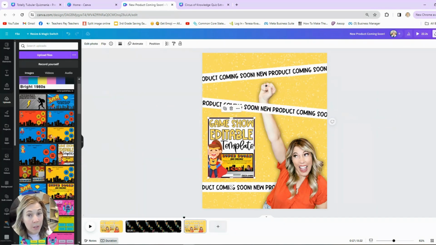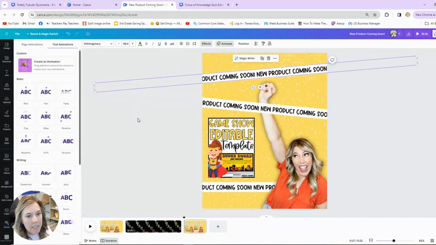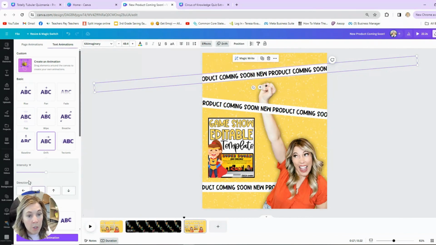Now, the last thing you do is you add some animation. So I'm going to click on this text. I'm going to click animate. And the one we're going to use is drift. And you can choose which way you drift and the intensity of it. So how fast it is, how slow it is, whatever you want. I'm going to go kind of just here in the middle,